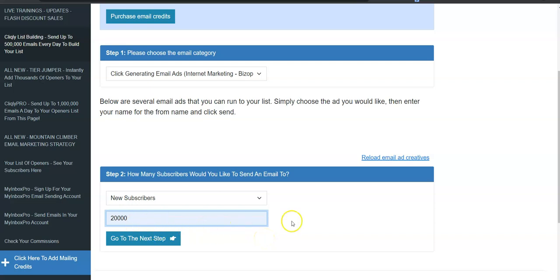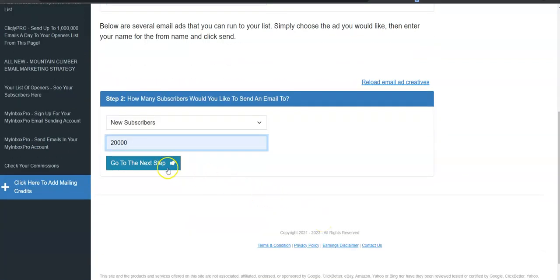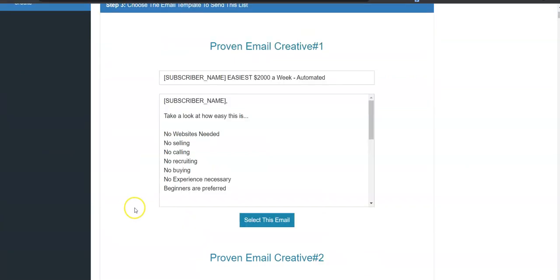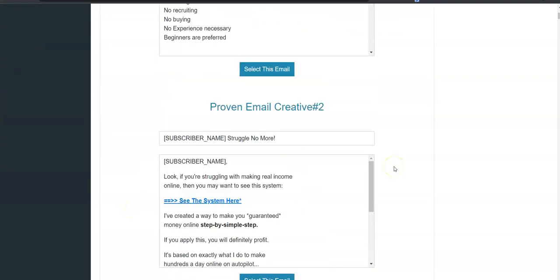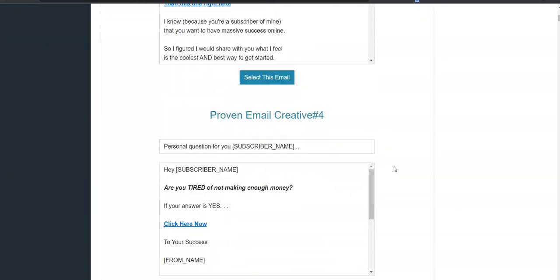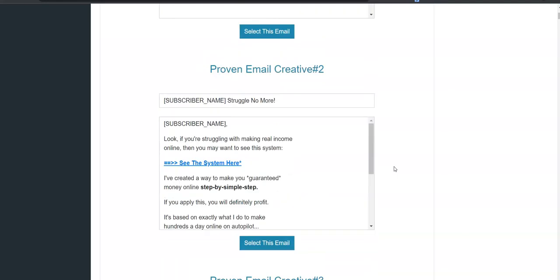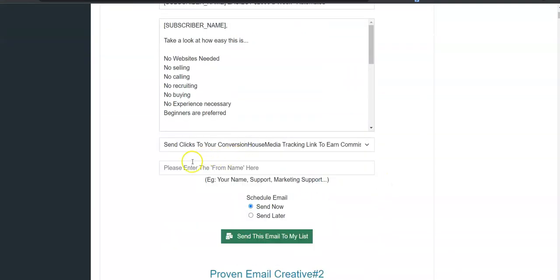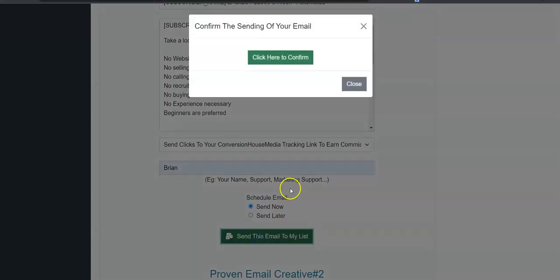I'm going to send 20,000 emails to this list of people all around the world who are interested in making money online. We have proven emails that have been known to get people to pay attention to these opportunities that we have of making money online. And it's just a few simple clicks, click, click, click.